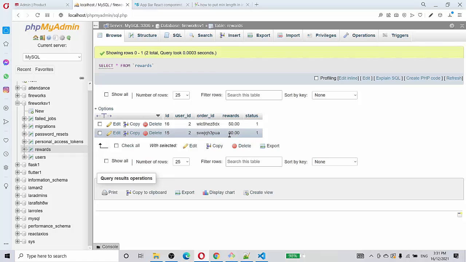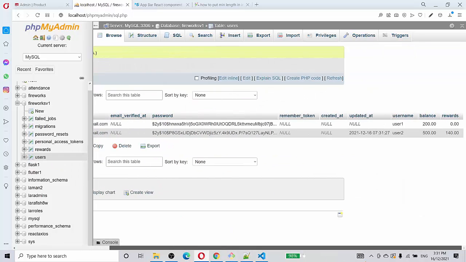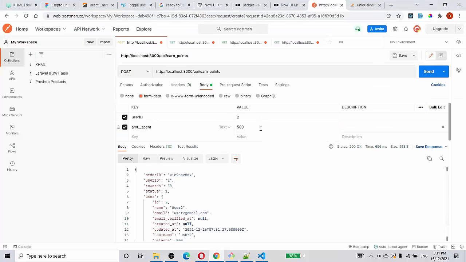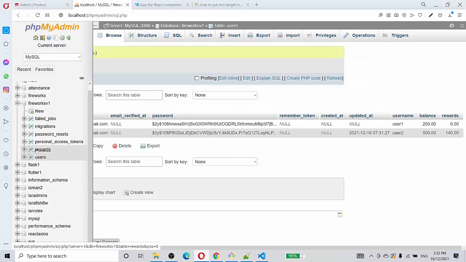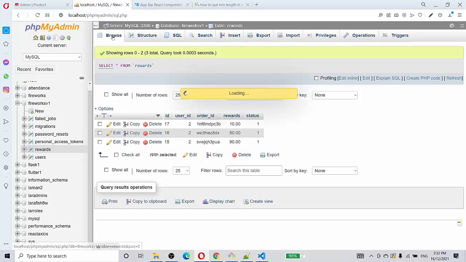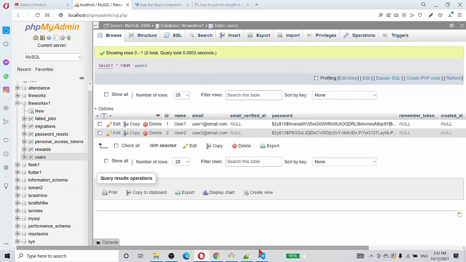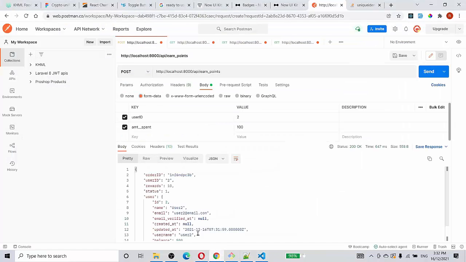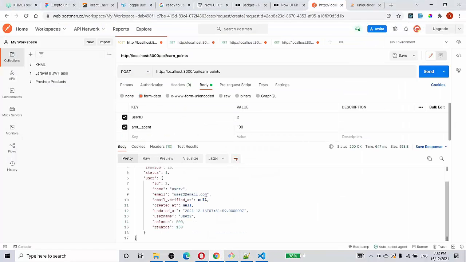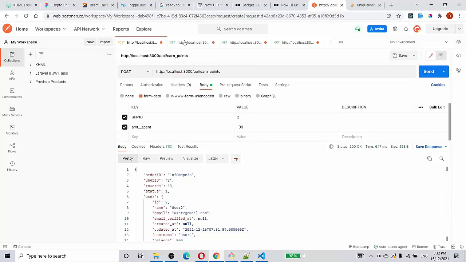So the total earned reward will be 90 plus 50, which is 140. If we go to the users and see, the second user is 140. Let us do one more thing, let's make a smaller figure like 100 ringgit. So the reward earned will be 10. We go and check the rewards again, browse, 10 ringgit was earned, and then the users 150. So 150 is, as we can see in the, let's go to the